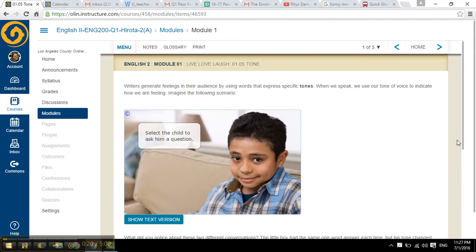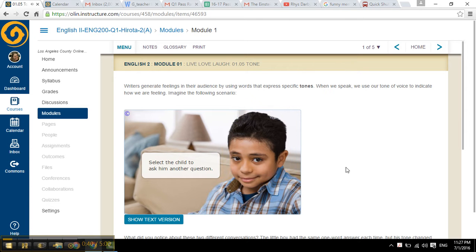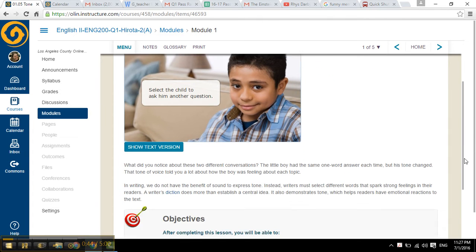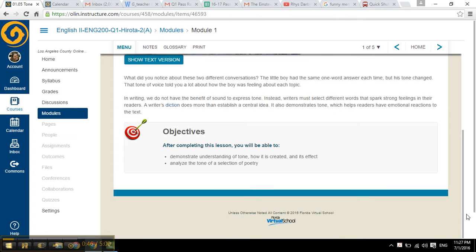At the top of the page it says writers generate feelings in their audience by using words that express specific tones. When we speak, we use our tone of voice to indicate how we are feeling. Imagine the following scenario. So you've got this picture here with this kid. You're going to click on him. "Honey, do you want to go to the beach this weekend?" And he's going to talk. So you'll watch that and you'll read the rest of the page and then you'll go on to